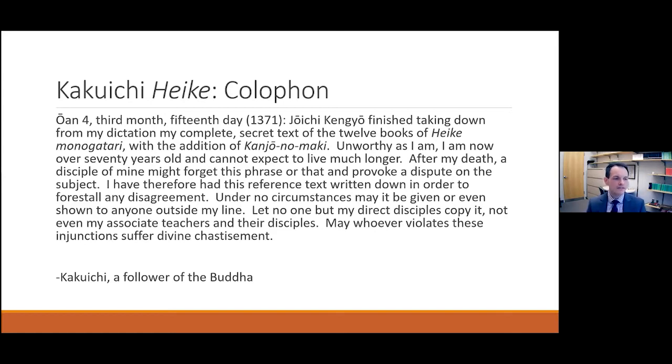Finally, Kakuichi's insistence that his version of the text only be shown or copied by his direct disciples hints at the existence of other schools of Heike performance that likely use different versions of the tale. Other sources show this to be a fact. For a rival Yasaka school existed in Kyoto at the same time as Kakuichi's Ichikata school, and its members were reported to have used the Yashiro Bon Heike, a variant of the tale earlier than Kakuichi's, as the basis of